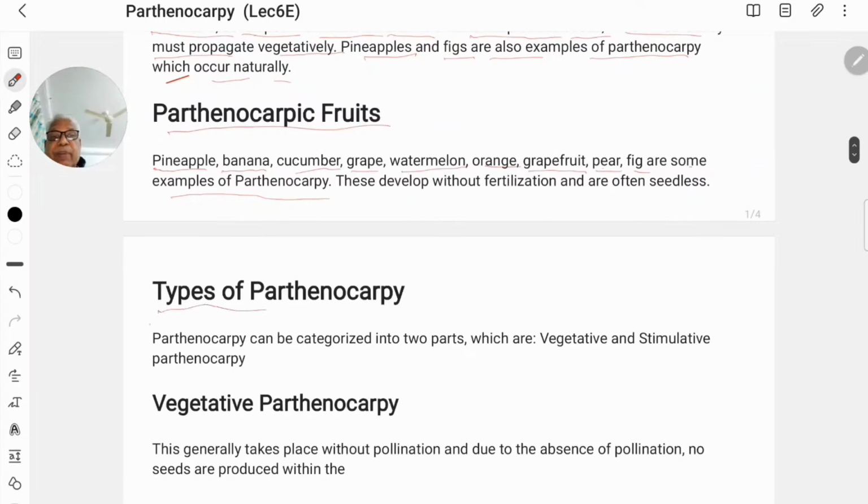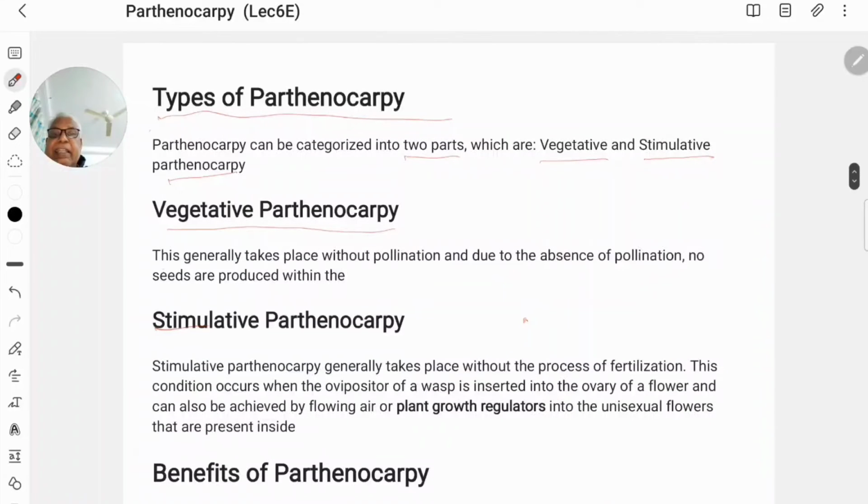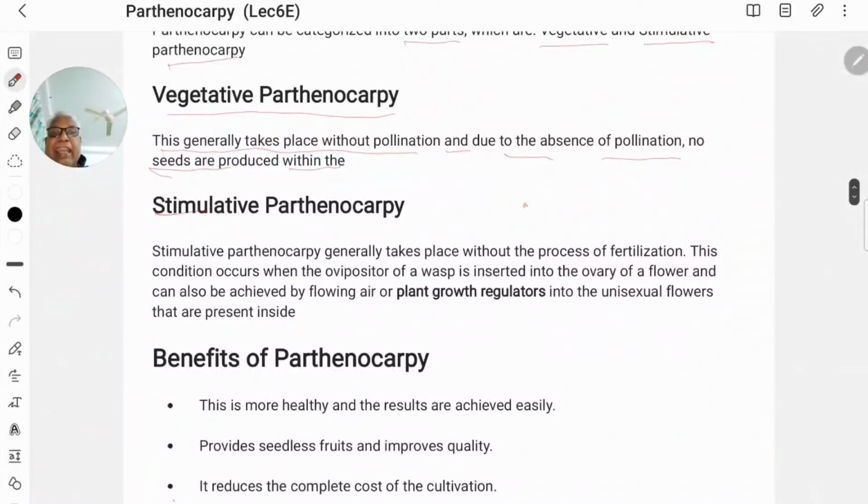Types of parthenocarpy. Parthenocarpy can be categorized into two types, which are vegetative and stimulative parthenocarpy. Now, vegetative parthenocarpy. This generally takes place without pollination. Due to the absence of pollination, no seeds are produced within the fruit. And next is